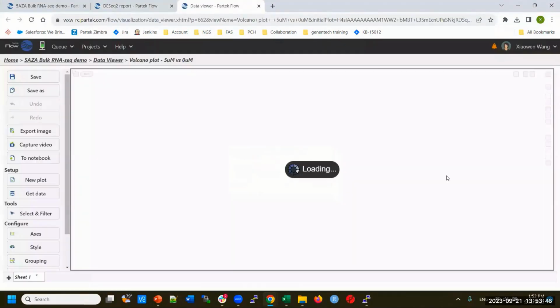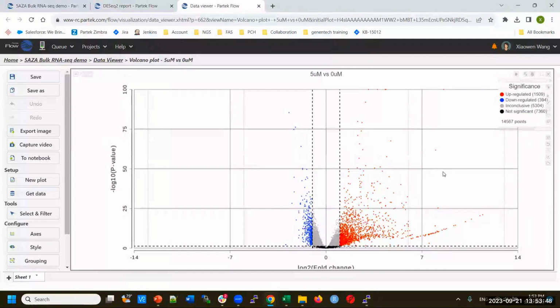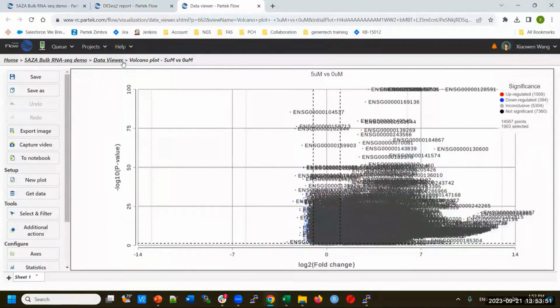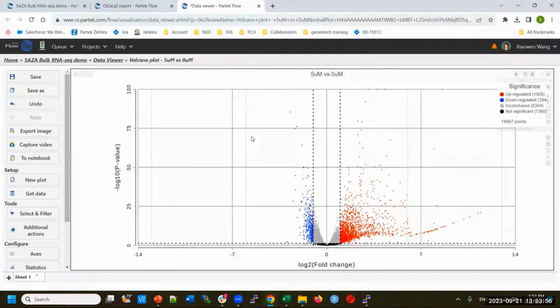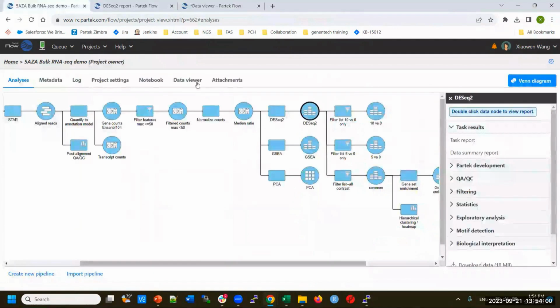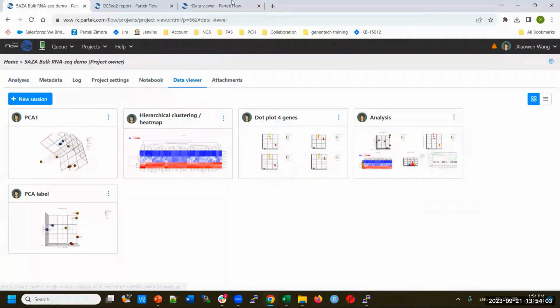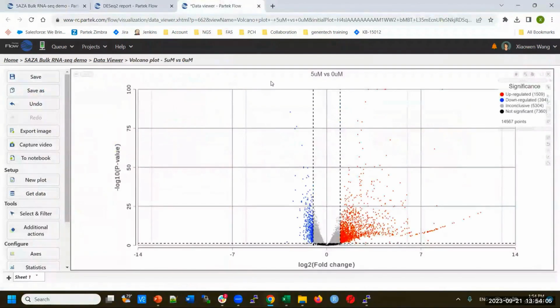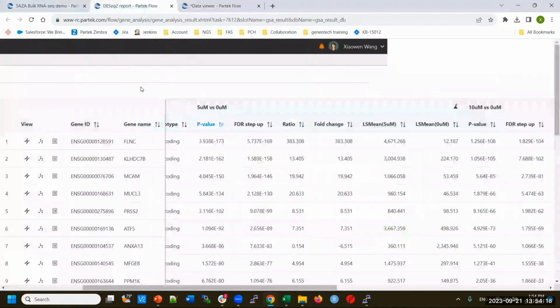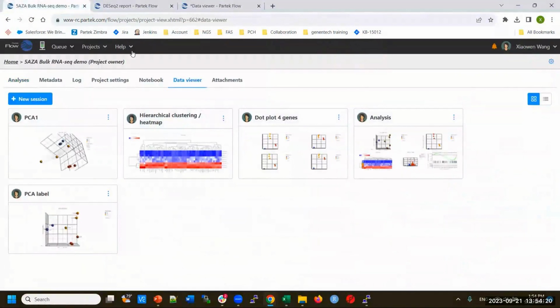By clicking on it, that will invoke a 2D scatter plot in what we call the data viewer tab. So most of the visualization in Partek will be in this data viewer. If you go to the pipeline, it's under here, the data viewer. Okay, so now you can open that directly from a certain task. In the data viewer, on the left side is the control panel. You can save this session. It's not saving a graph. You save a session, which means later on,